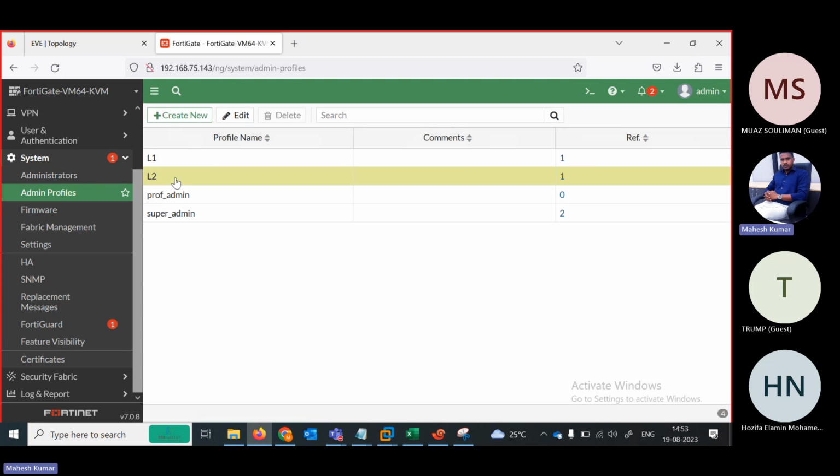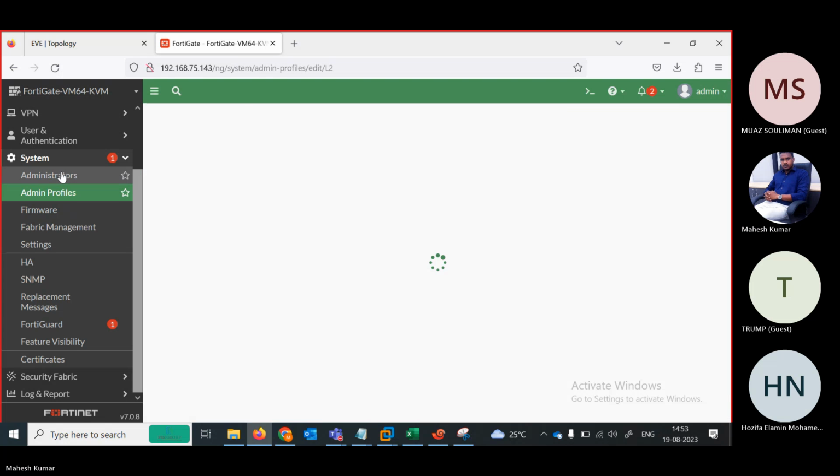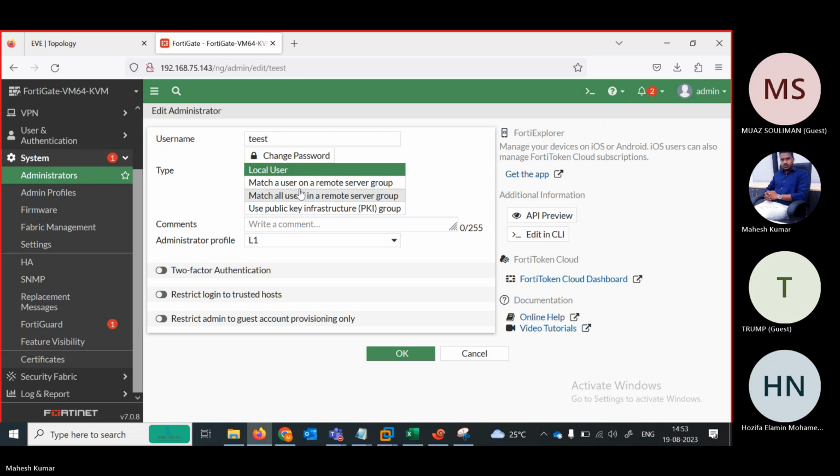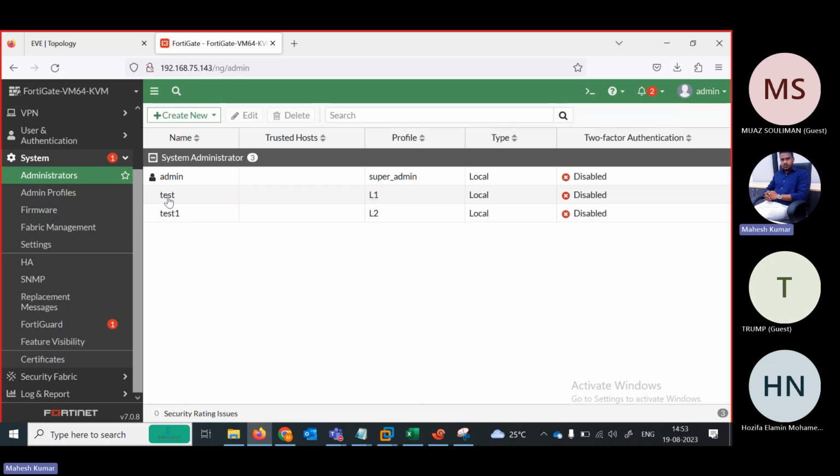So the admin profile, here I need to give, under this admin profile, test L1, okay. So test, okay, the spelling is a mistake, right? T-E-S-T, need to give test, and here also the test and the test1,